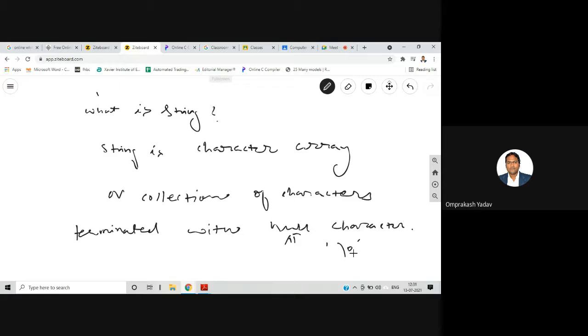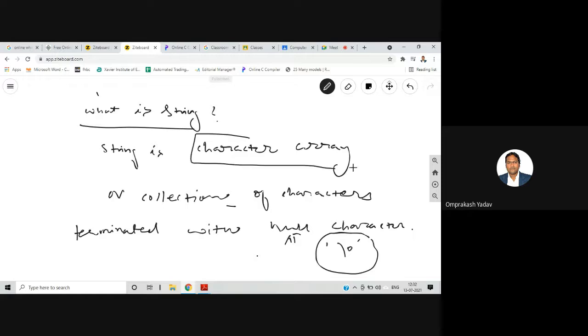So a string is nothing but a character array, or a collection of characters terminated with the null character. The last character of the string will always be a null character, which is the indication of the end of the string. What is a string? A character array.